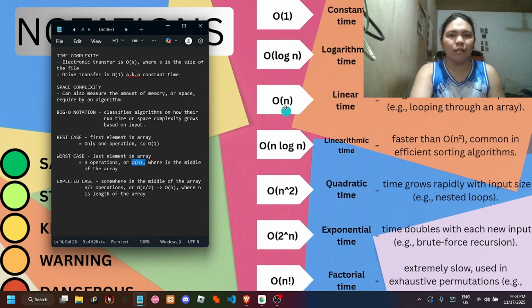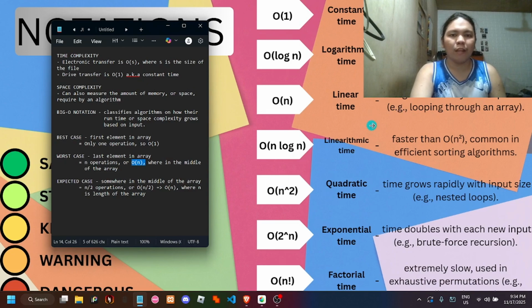Next is O(log n), logarithmic time. As input size grows, time increases slowly. It will increase the time, but not so much that it will be slow.